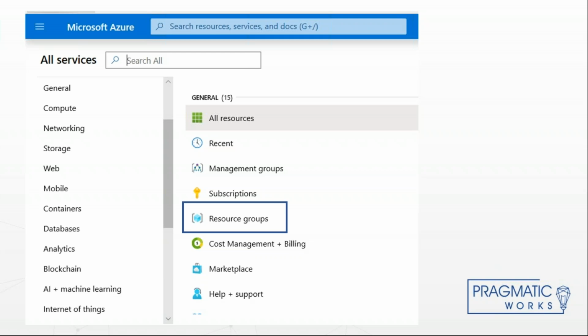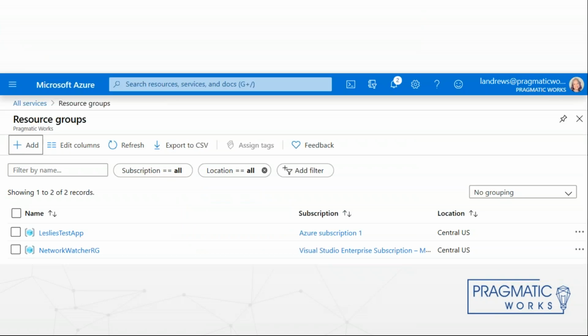The first resource that you should create is a resource group, which is a logical container for resources. And when you create a resource, you have to tell it what resource group it belongs to. So this is why you should start here. So when you go to the Resource Groups tab, it has the Add button. Almost every page in Azure Portal is very user-friendly and has a very intuitive UI for the things that have to be done in order to do what you're trying to do.